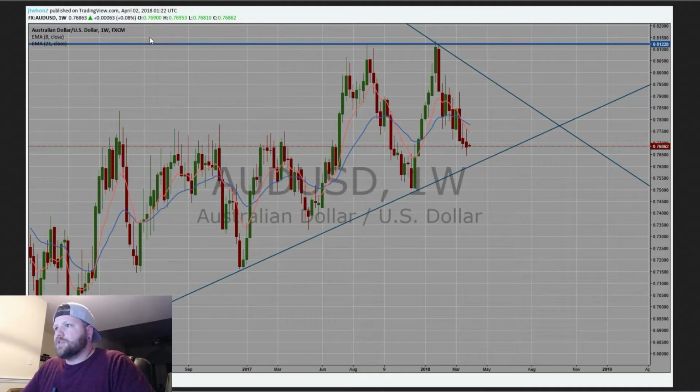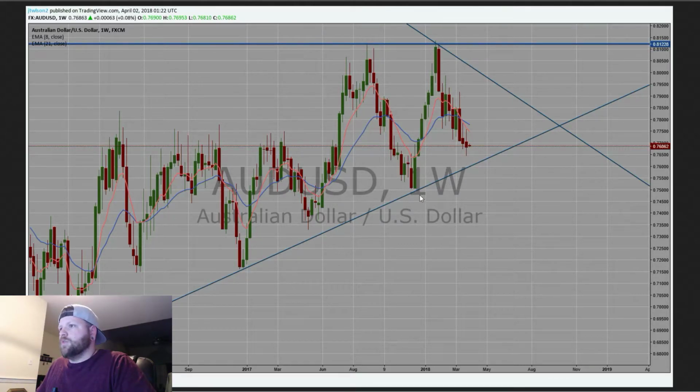Alright, pair number 6 is going to be AUD USD. We can see last week's candlestick had movement to the upside and the downside. Just like the candlestick before it, it did close slightly bearish. This looks like it's a continued trend, so we do have multiple bearish engulfing candles. However, this is bullish. The trend on this is bullish, and so